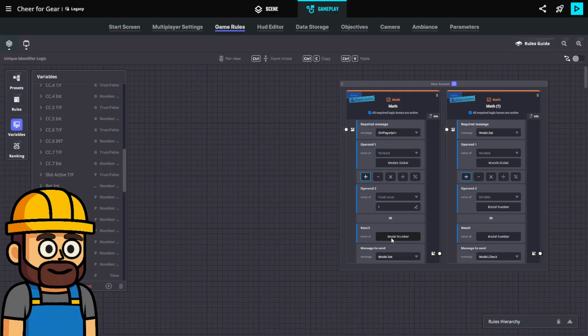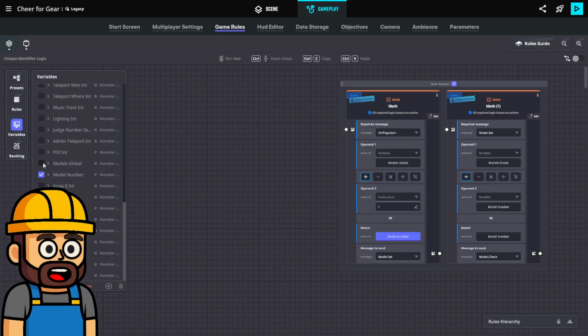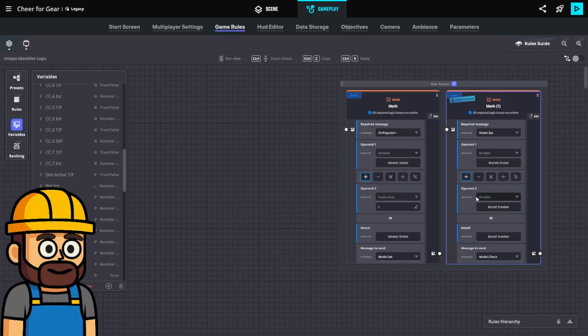This is supposed to be model's global. We'll add 1 to models global, and that's the new models global, and then we'll set the model number. So we'll take models global plus the model number.